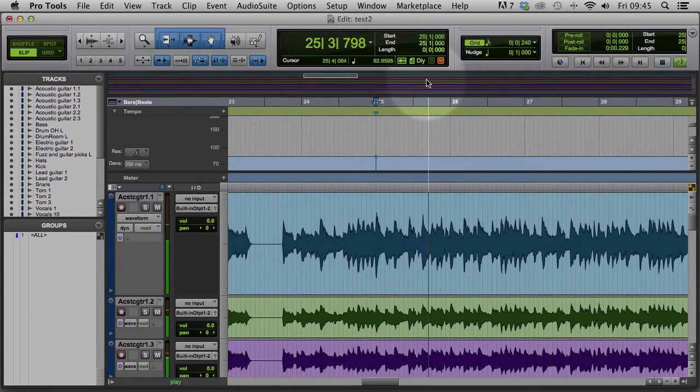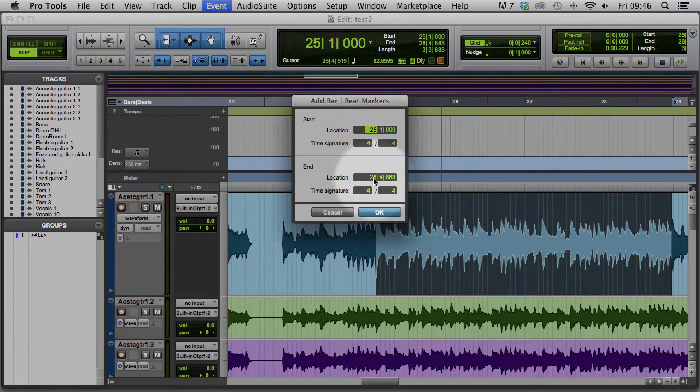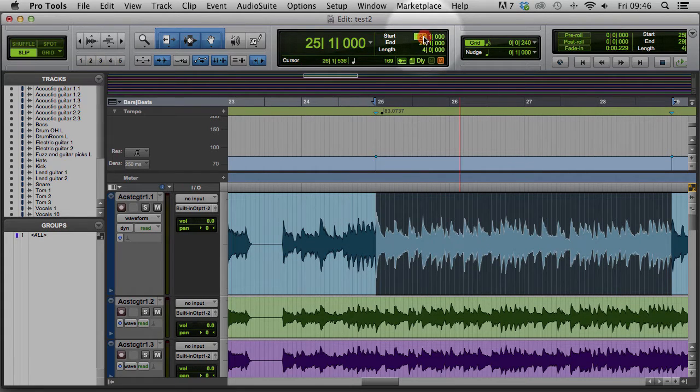1, 2, 3, 4, 2, 2, 3, 4, 3, 2, 3, 4, 4, 2, 3, 4, stop. Can't tell if that's quiet on, so now we want to go backwards, so Alt and Tab, so it's this one over here, and we're going back to bar 25, Command I, so 25 to 29, and then type 29